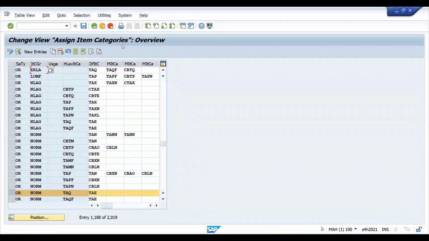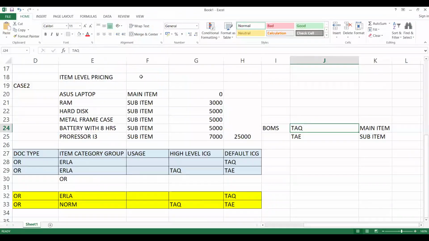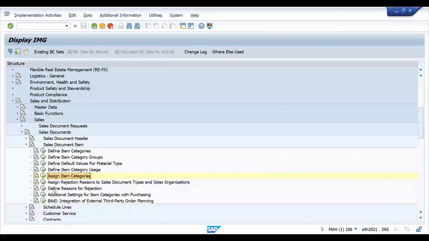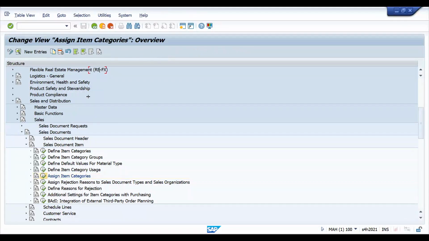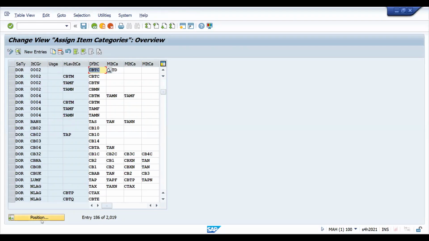Let me show you. You can take either of the cases: ERLA with TAQ TAE, or NORM TAQ TAE. Let's try with the second case, otherwise you can try with the first case. This is what your header pricing is all about. So let's go here. Mine is OR as the document type. So OR